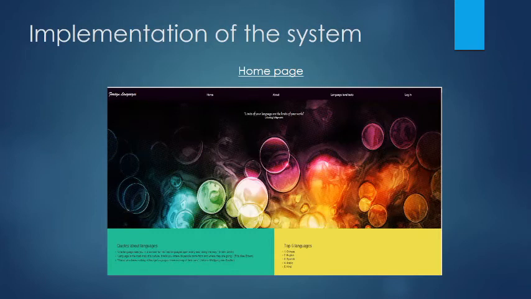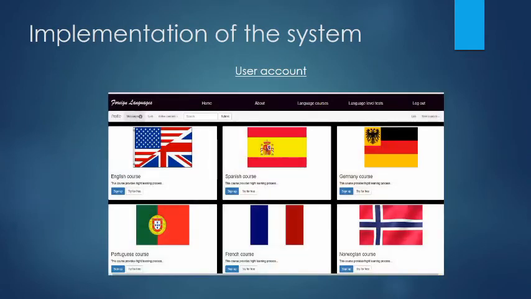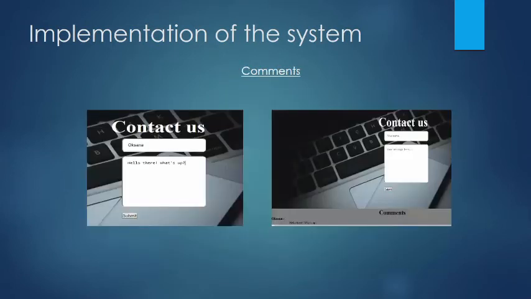The Language Courses tab appears only after authorization, and the user opens a page with his profile and available foreign language courses. The page contains a user's account, which contains a profile with personal information, received messages, notifications, a drop-down menu with the latest courses, a database search panel, a drop-down menu with active user courses and the most popular courses. The web server allows receiving comments from users and posting them on the site.